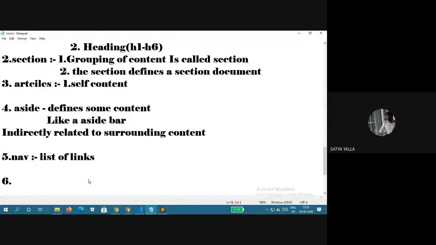And sixth and last but not the least, footer. Footer is my favorite element because it gives you happiness for the ending.